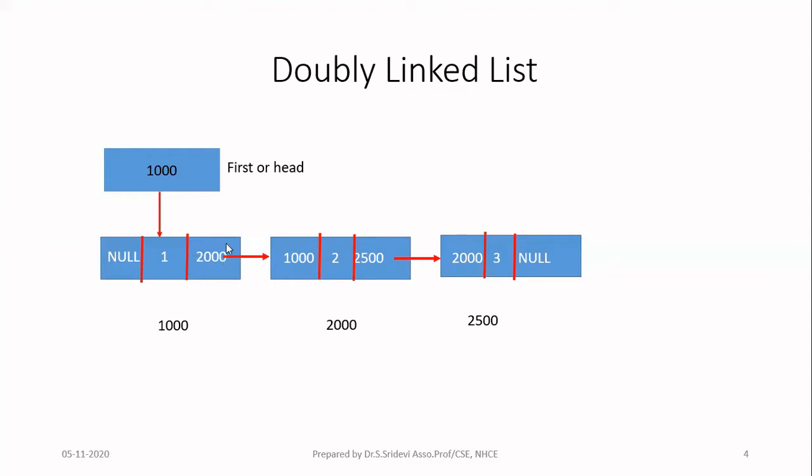So here, this is the next address of the first node. The second node is stored at the address 2000, so I am storing 2000 here. And if you see this second node, the next node is at the address 2500, so in the next field, I am storing 2500. And for the last node, there is no next node, so I am storing null in that. Okay, so I have shown only one pointer. Another pointer, you can see here, I will show in the next slide.